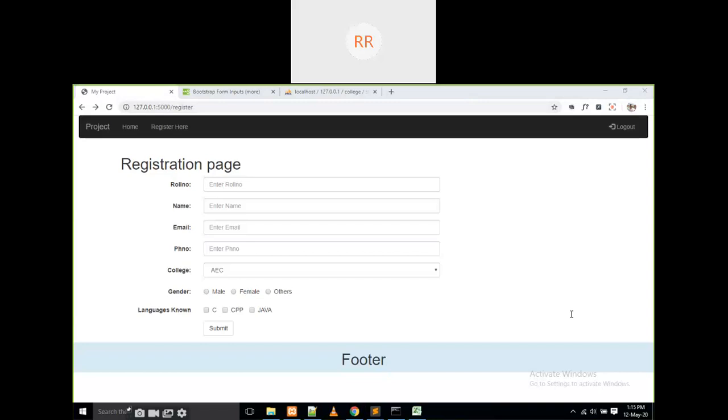Branches are fixed, right? CSC, IT. That means the branches are fixed. If you give it as a text box, one person enters computer science, one enters CSC, small letters, capital letters, like that. Better to go for drop downs.